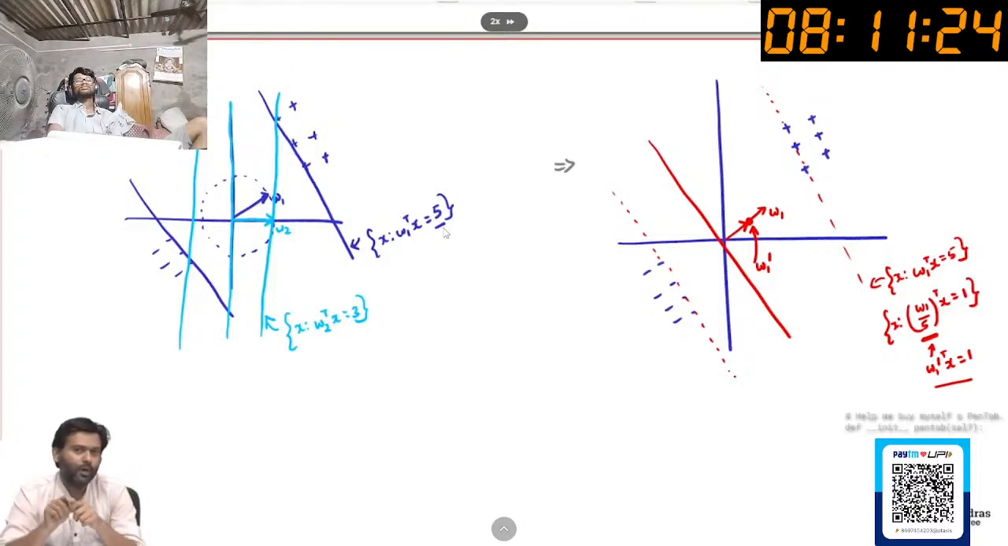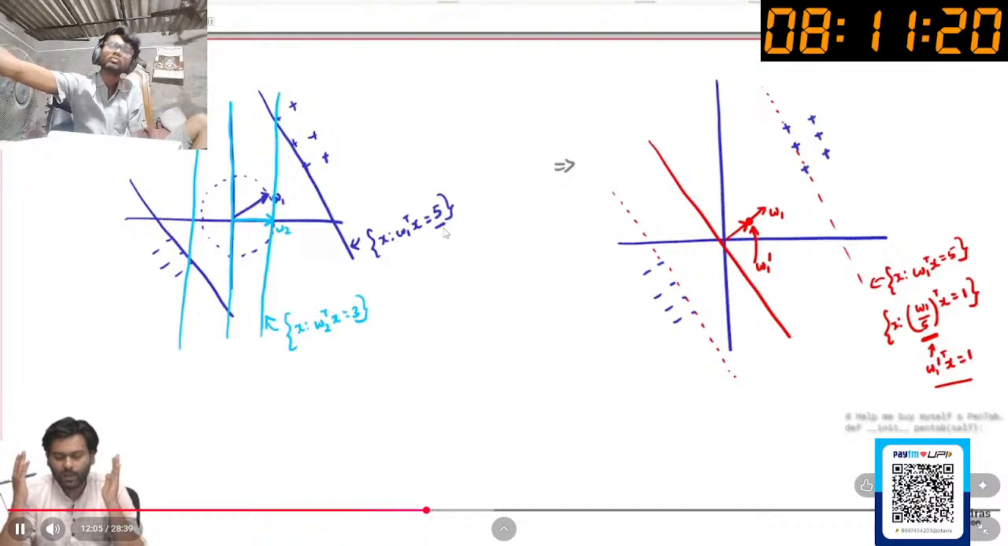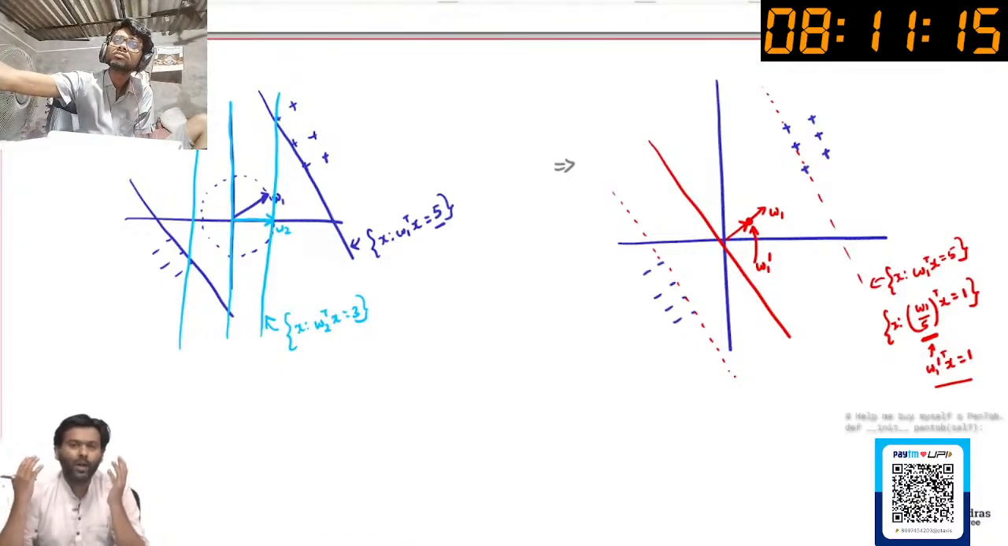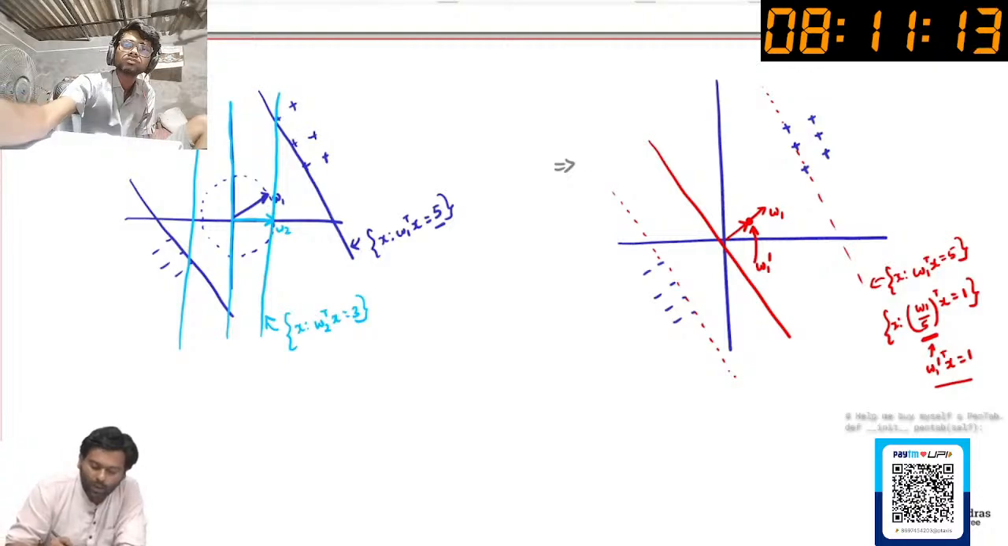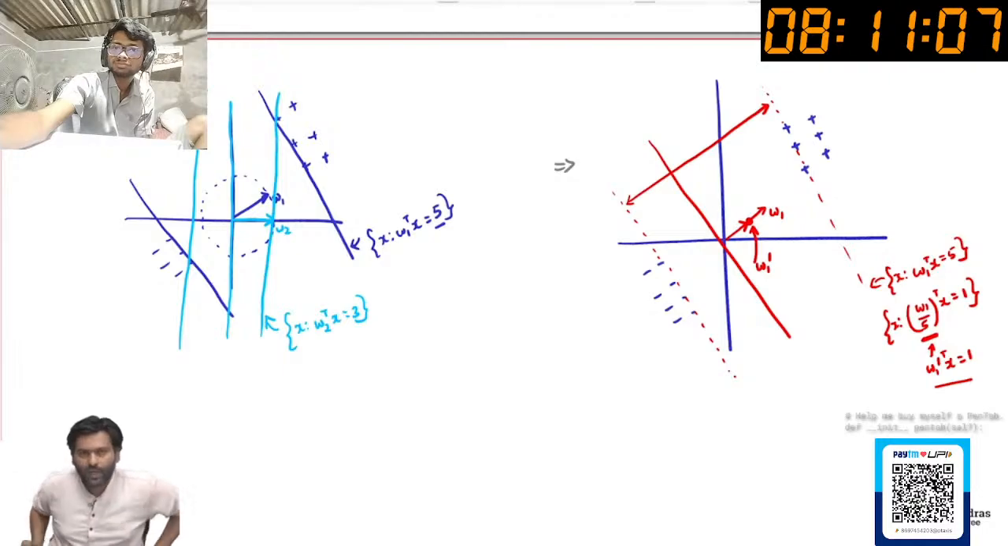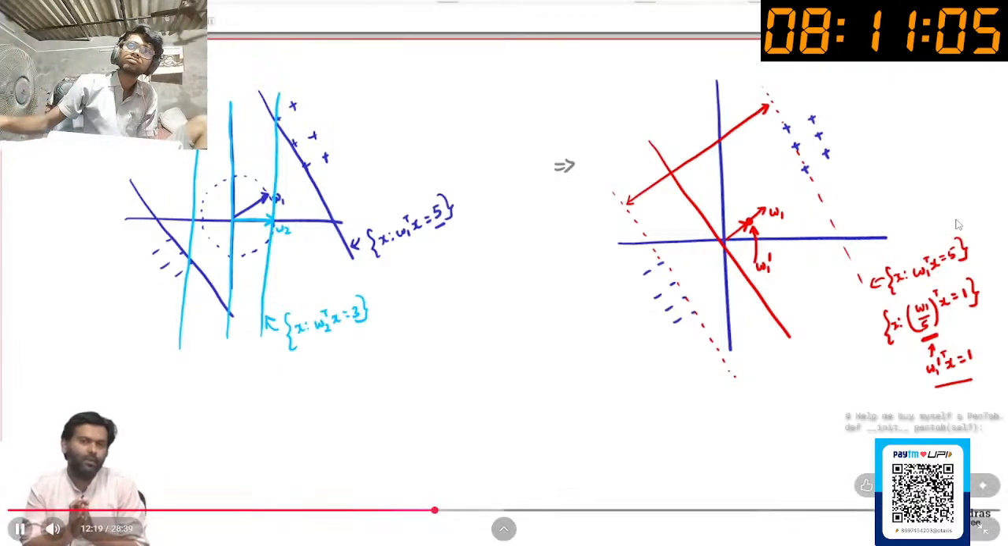Now the moment I've grounded gamma, it becomes a question of what am I trying to maximize. Earlier I was trying to maximize gamma. Now because I'm saying that I'm only going to search for w's such that gamma is 1, what am I trying to maximize? I now have to maximize this width, because that's what I'm trying to make as large as possible. Earlier we were saying that,